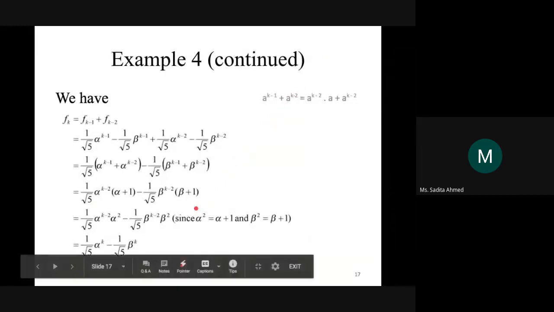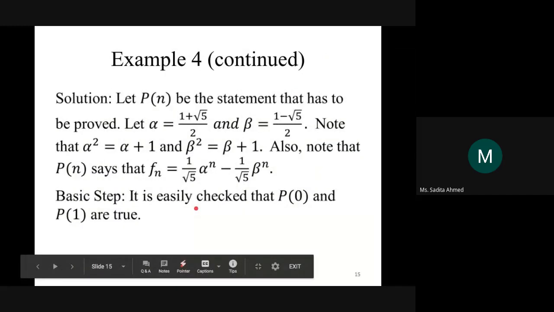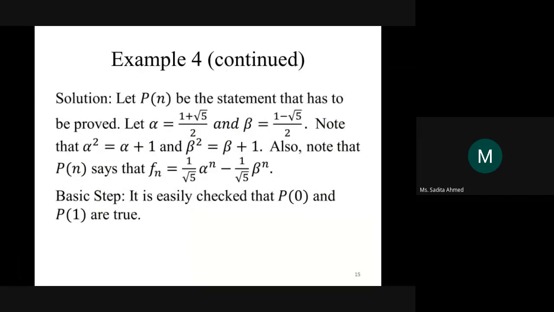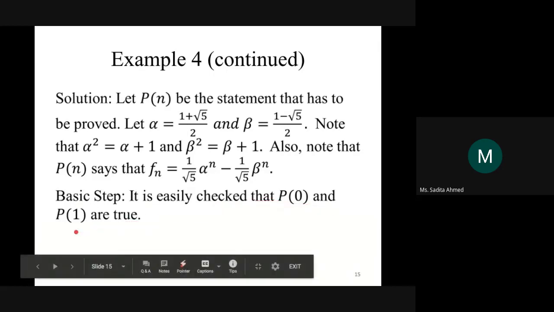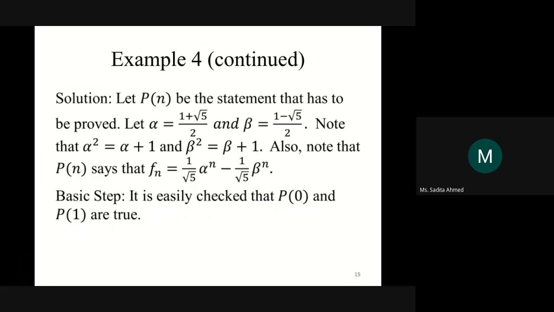Okay. So notice some things here. So basic step, how will you know that basic step e kon value jone proof korte hobe, right? So ekhane we proved it for 0 and 1. Will it be 0 and 1 always? No. It won't always be 0 and 1. Basic step e kon value, n er kon value jonno proof korte hobe depends on the recursive definition that you are going to use in the inductive step. See, in the inductive step,